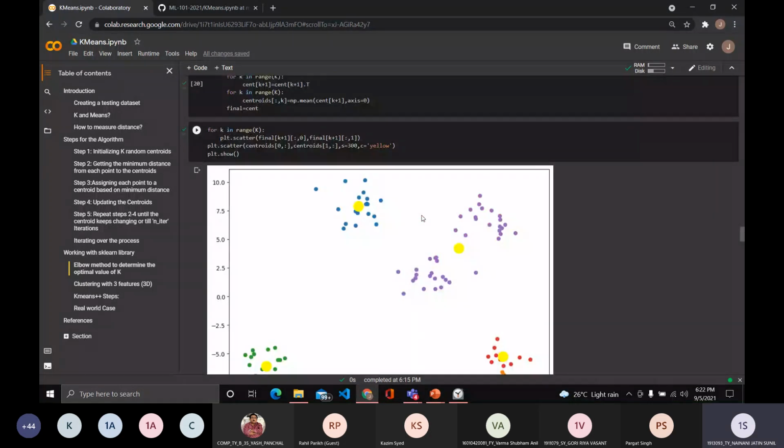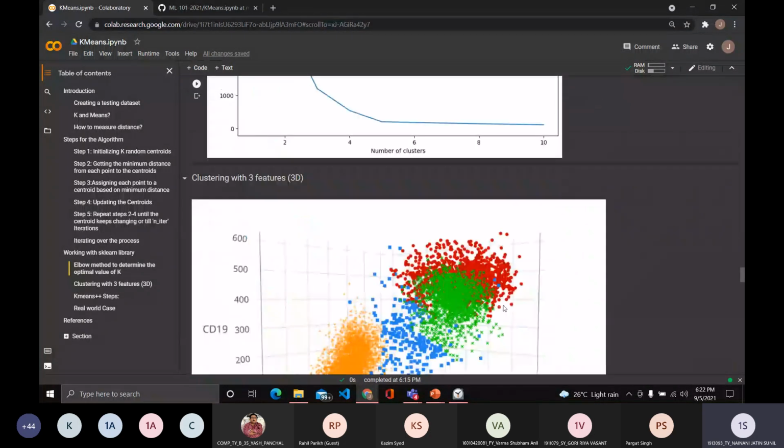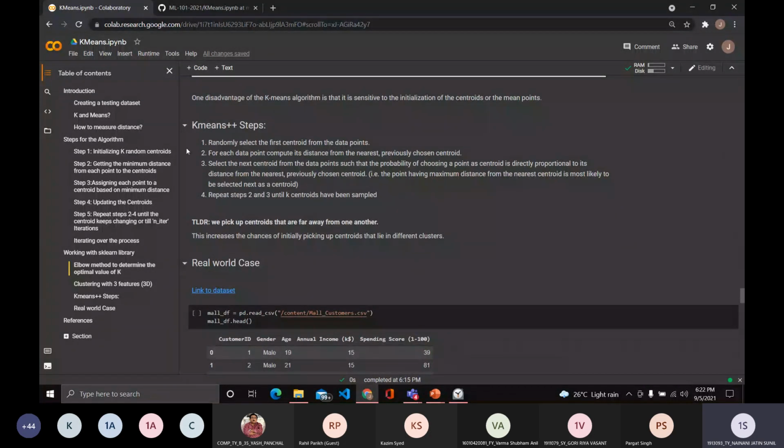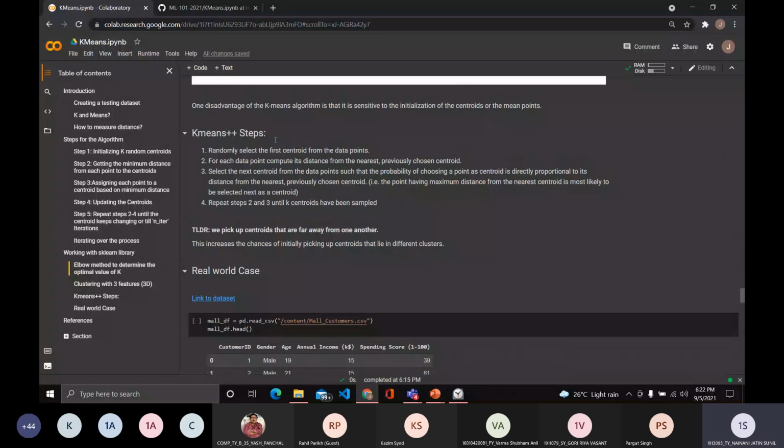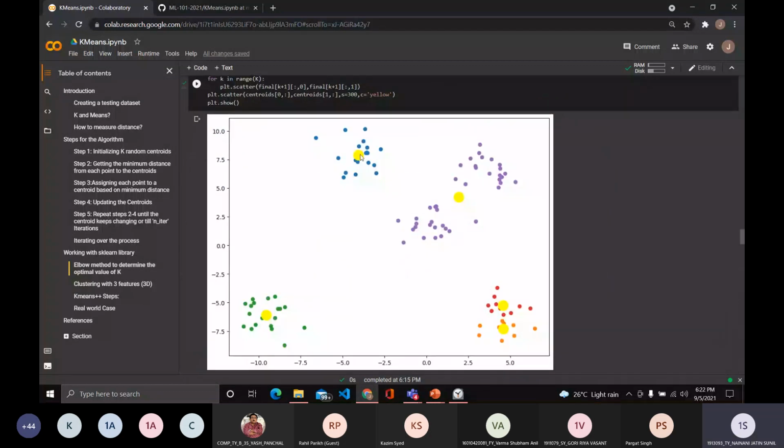Countering the problem we faced here, when we were doing the first iteration, we faced this problem, right? Here, the purple should be distributed in 2 different clusters, and this red and orange should be 1 cluster, right? How do we fix that? Well, to fix that, we'll use k-means plus plus. K-means plus plus is very simple. So let's say my first data point is this blue centroid. My first centroid is here, right? I'll select that first centroid randomly.